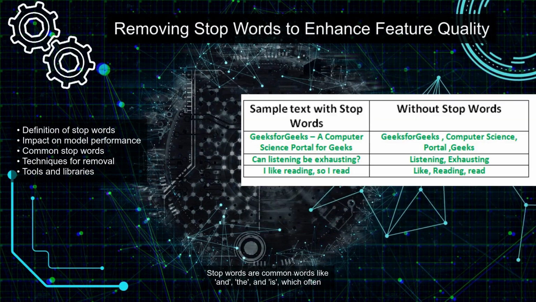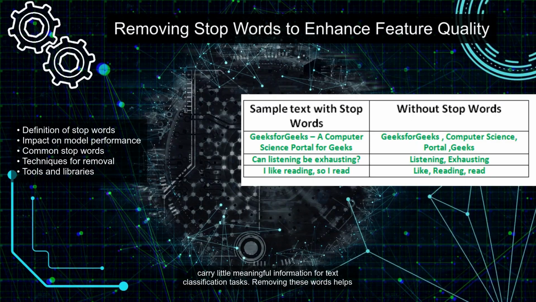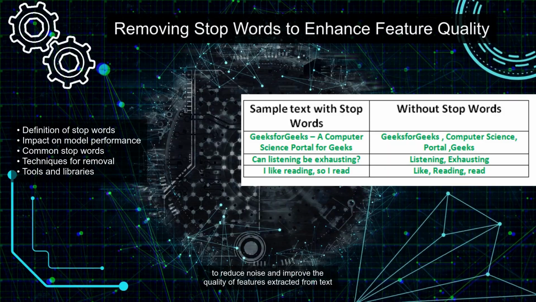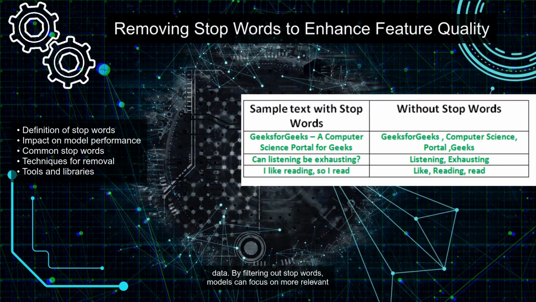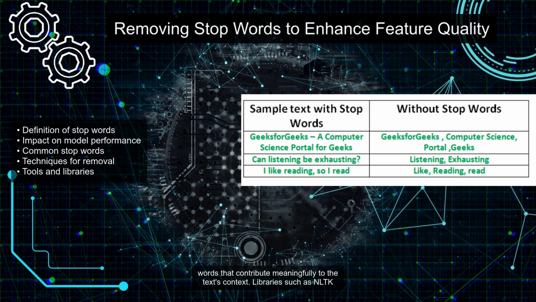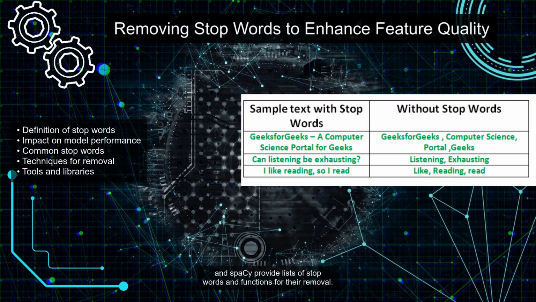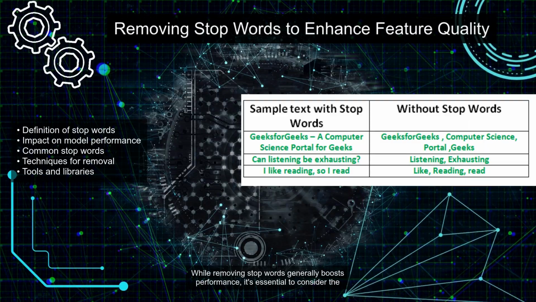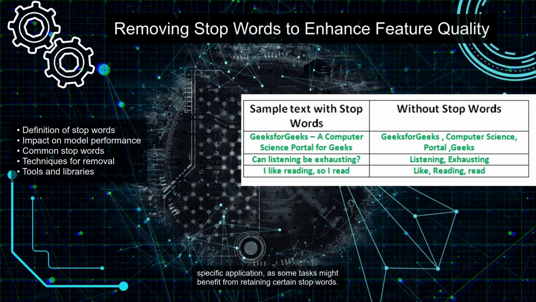Stop words are common words like and, the, and is, which often carry little meaningful information for text classification tasks. Removing these words helps to reduce noise and improve the quality of features extracted from text data. By filtering out stop words, models can focus on more relevant words that contribute meaningfully to the text context. Libraries such as NLTK and spaCy provide lists of stop words and functions for their removal. While removing stop words generally boosts performance, it's essential to consider the specific application, as some tasks might benefit from